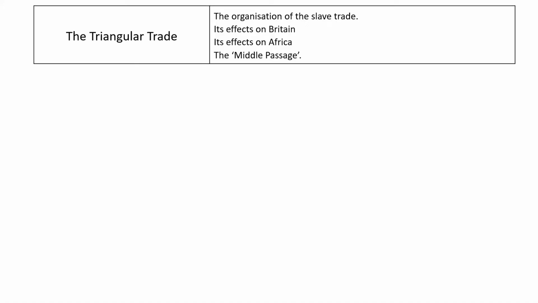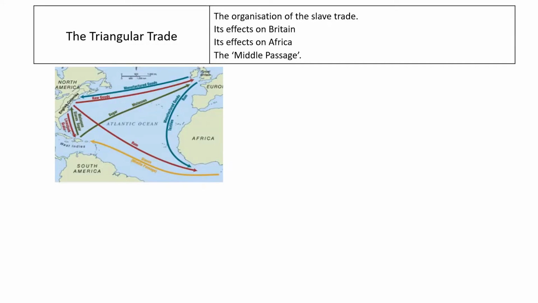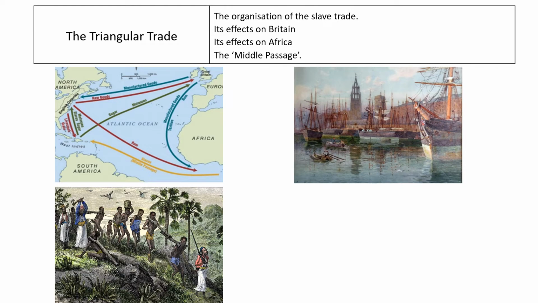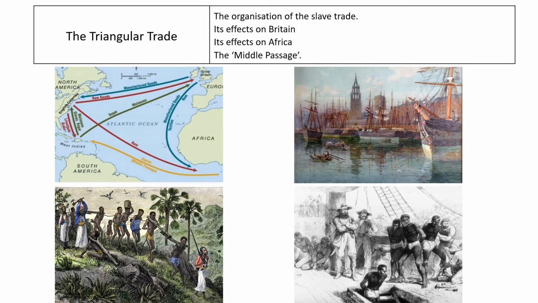involves four parts. And the first part is the triangular trade, which basically looks at how the triangular trade was organised in a journey from Britain to Africa to the Caribbean. It looks at the effects that it had on Britain, the benefits that it brought in terms of jobs and resources and various things, the effects that it had on Africa, which were obviously almost entirely negative in terms of slavery and the problems that that caused, and the journey called the Middle Passage, which is the journey from Africa